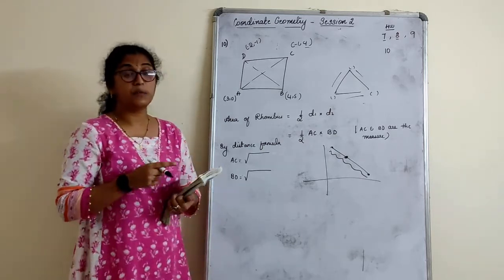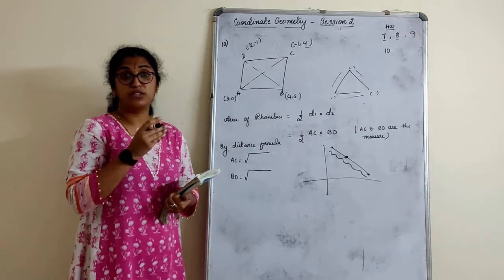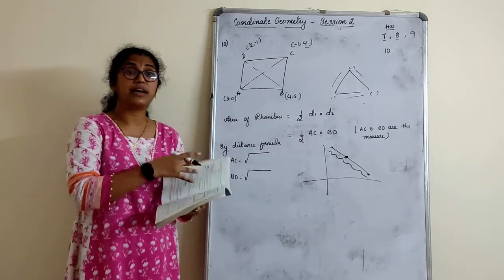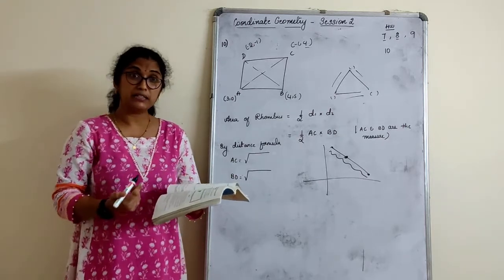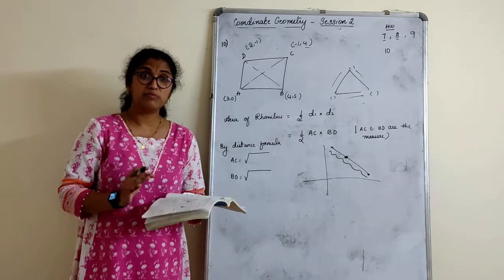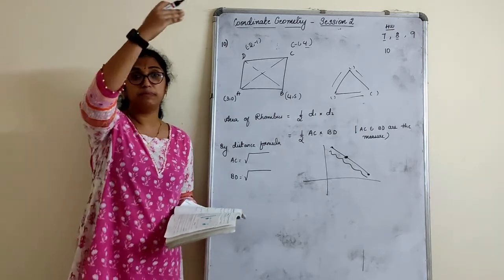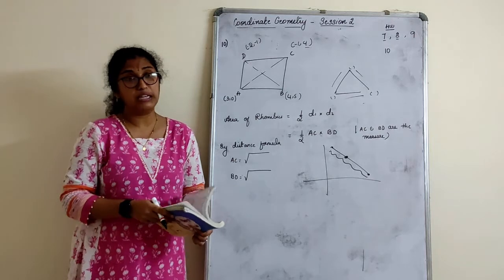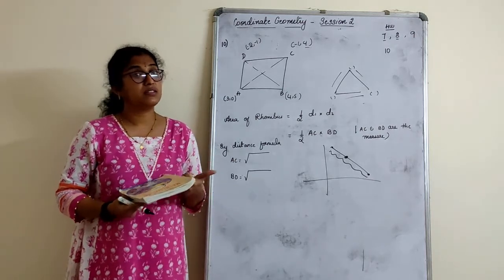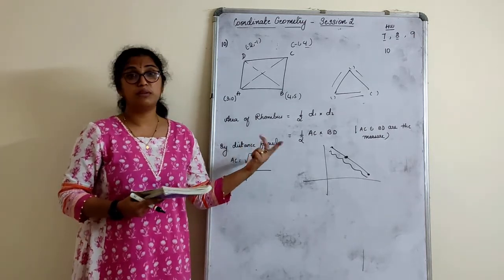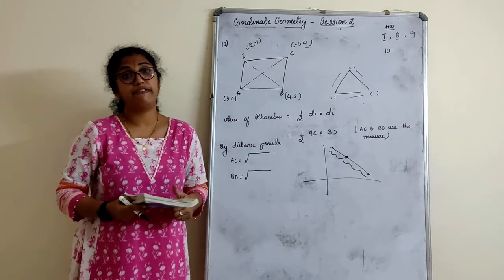Complete the homework, but to complete that homework sums, first of all you need to be very thorough with the first 5 sums we have done, because the remaining sums I have marked for homework. Remaining sums are the simplest ones. They are again based on the first 5 sums only. For that you need to be perfect with distance formula as well, section formula, midpoint formula, and know how and when to apply them.